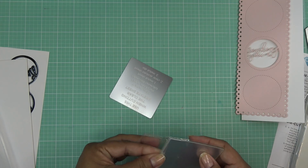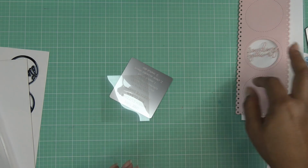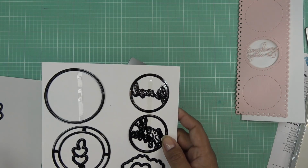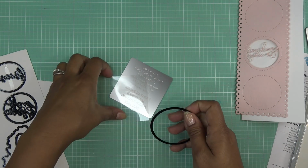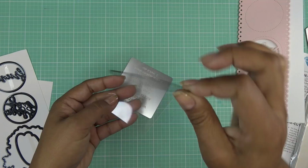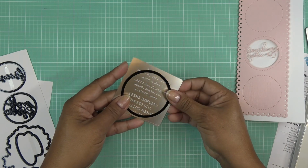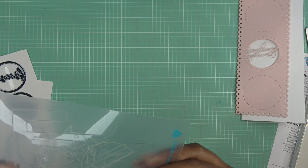Alright, so we have a piece of the metal. I only need one piece of acetate for this project since we only have the one aperture. And we're going to use our circular die. So die facing down, with the cut edge facing down towards your acetate. Of course, the metal shim. And the metal shim will warp, and you can keep using it over and over and over and